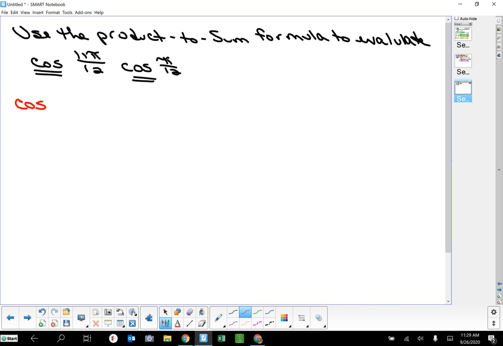What was the left-hand side? Cosine alpha, cosine beta equals 1/2 cosine alpha minus beta,